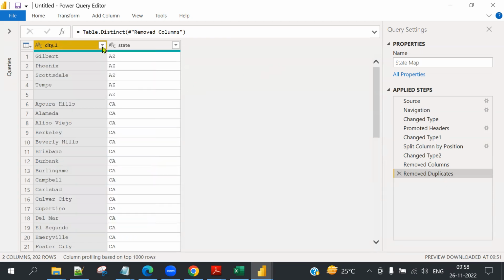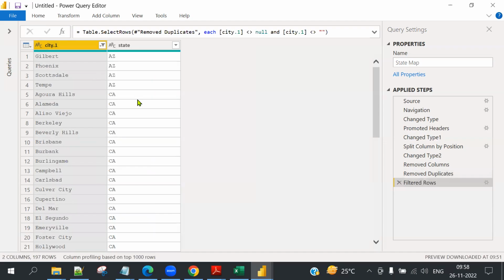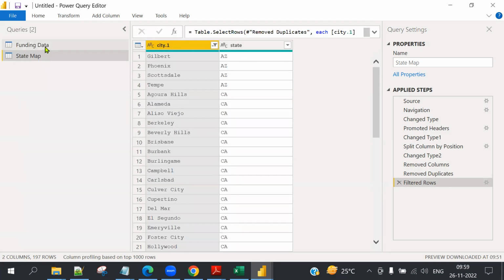In that situation, go to city column, remove empty. Empty remove. So this is the purpose of empty removal. Good. Next topic. So no duplicate, nothing. What is the requirement? This is cleaned. Funding data clean. State map clean.